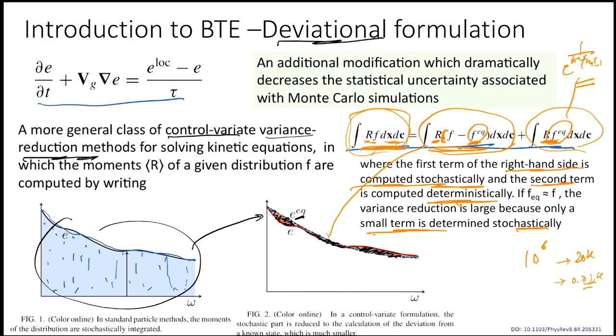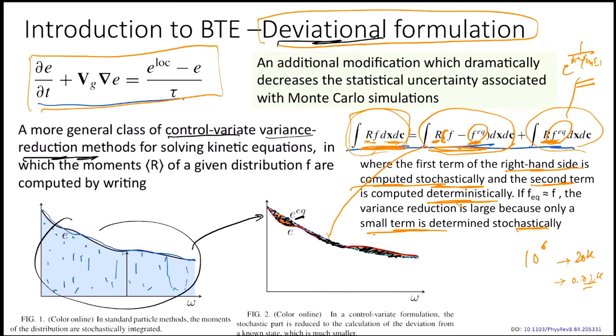So far we have done two parts. We were trying to improve our form of the Boltzmann transport equation so that computationally it becomes easier to handle. The equation is still the same. We are just changing the form of the equation so that it becomes easier to handle computationally. So we made it energy conserved form, and now we defined a concept of deviational formulation. So is it clear so far what we have done?